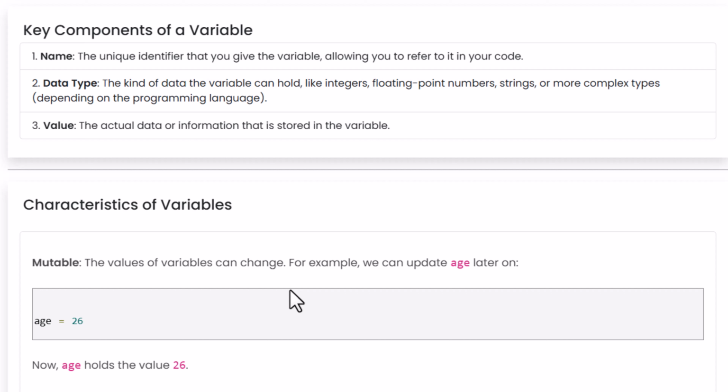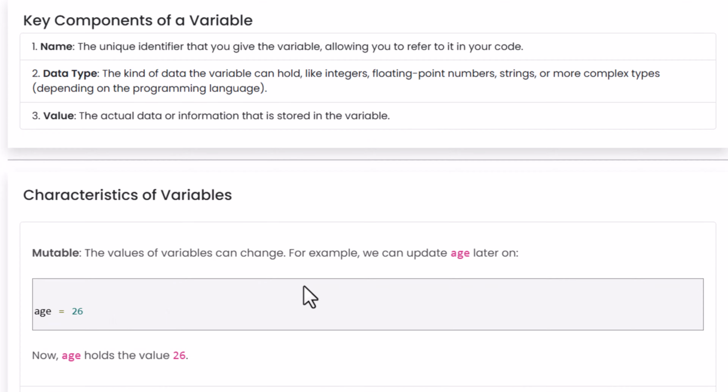As we discussed in our previous video, based on the type of language, variables can be of two types: dynamically typed or statically typed. In some programming languages, at the time of writing the code, you don't have to specify the data type, but in some programming languages you have to specify the data type as well. So for example,